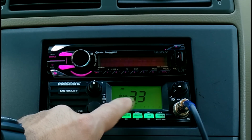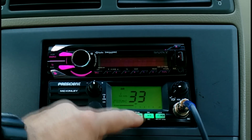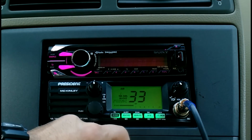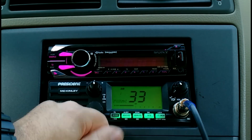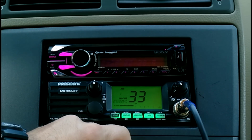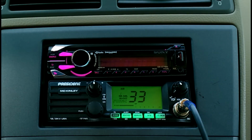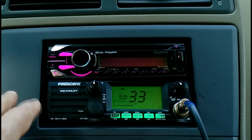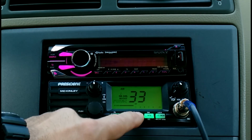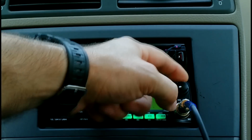Here we have noise blanker, ANL, and high cut. And they work really well. Let me go ahead and turn the volume back up. So here's with nothing. Noise blanker and ANL. High cut and all. I'll leave it on all because it does a really good job at cutting out interference from the engine, cutting out interference from power lines, stuff like that. Really sounds good. Now let me go ahead and set that back, and I'll turn the squelch up to show you